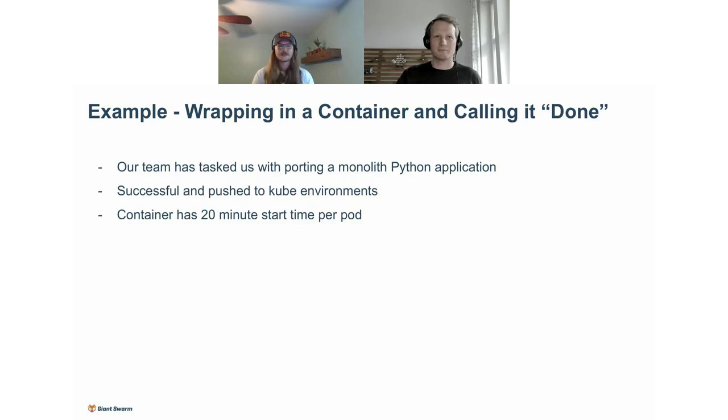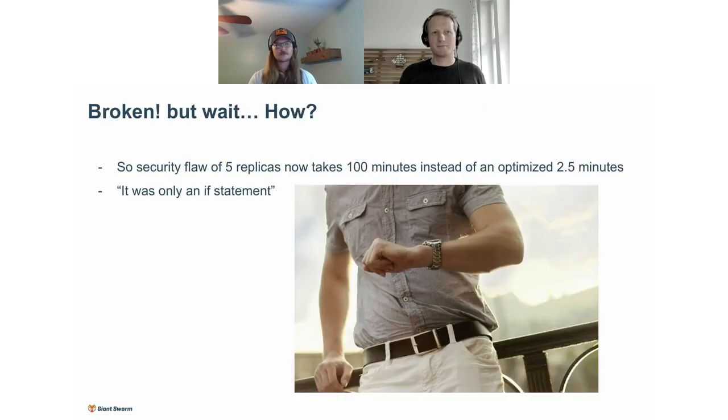The issue is that because of the monolith and all the dependency checks initially, the container has a 20-minute start time per pod. And for anyone thinking that's a huge time, that would never be the case, not true. I can think of probably 5 to 10 customer services currently that are in this scenario where we want to optimize it, we want to do it down the road, but it's not there yet, right? So let's say we have a 20-minute start time per pod.